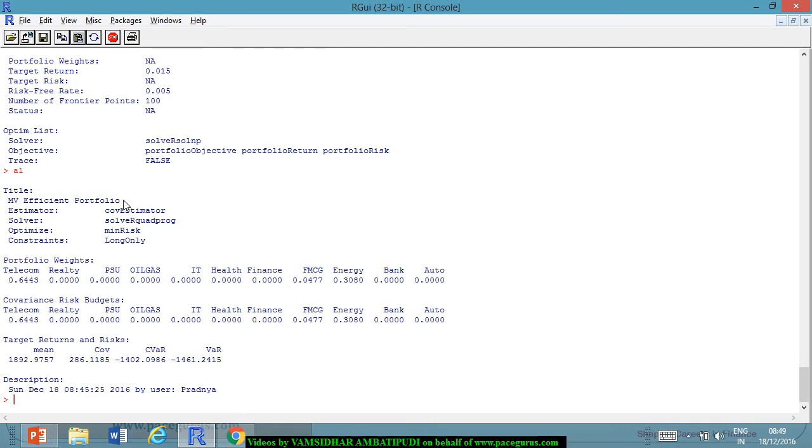So now in this A1, the efficient portfolio, it's a mean variance efficient portfolio where I have used the estimator as covariance estimator. By default, the quadratic programming solver is typically used. The optimization is a minimum risk optimization and the constraint I have is a long only constraint. Now based on this model, the suggestion that has come out is